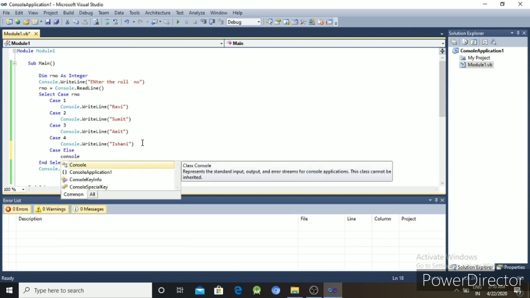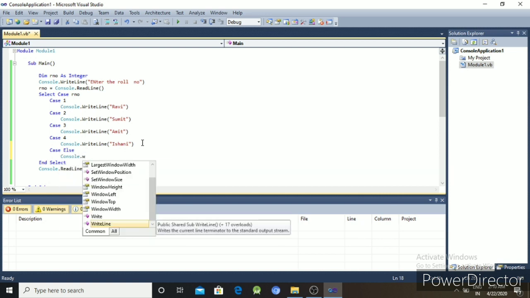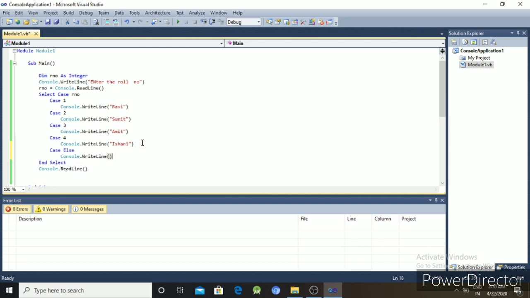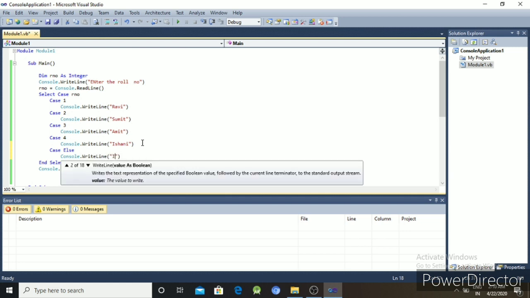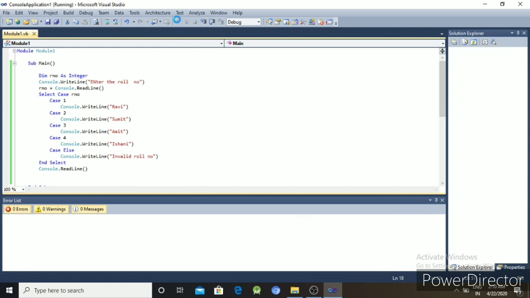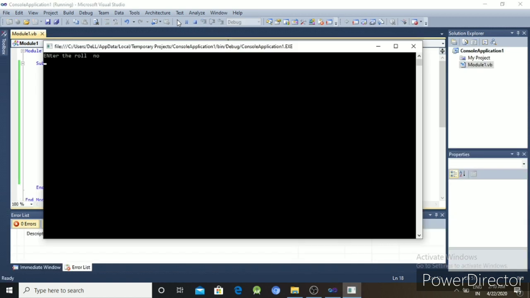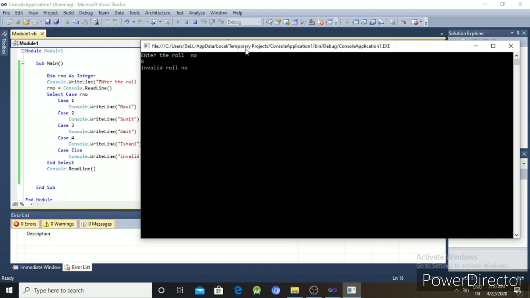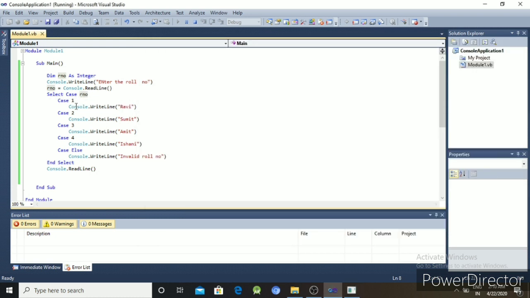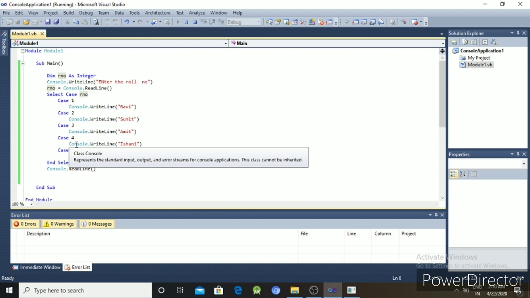Console dot write line invalid roll number. Okay, execute the program and check. Suppose the entered roll number is 8, but in this program there is no case value of 8.